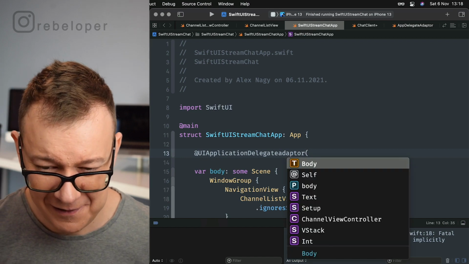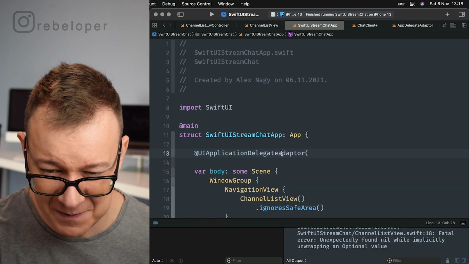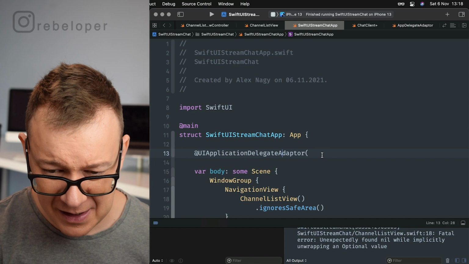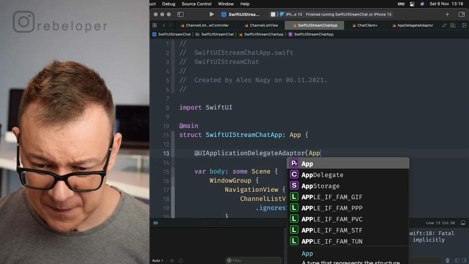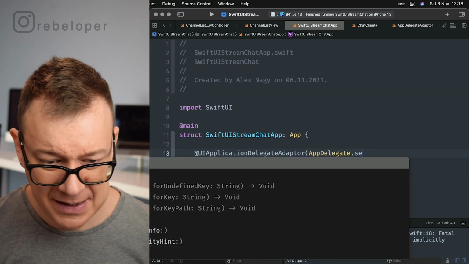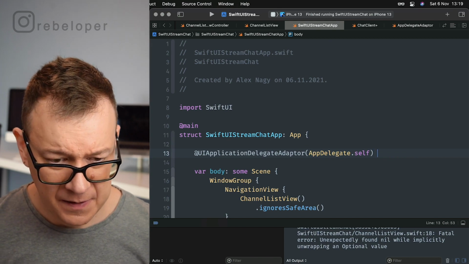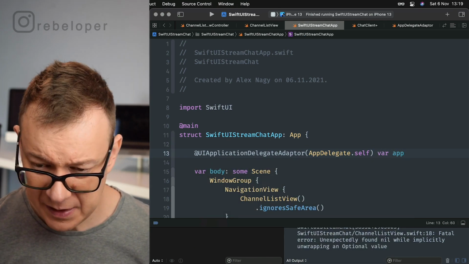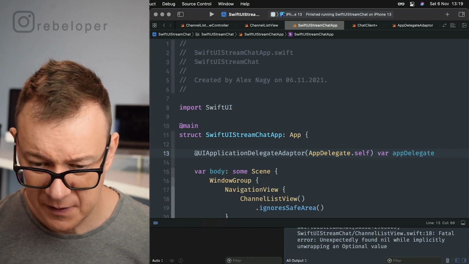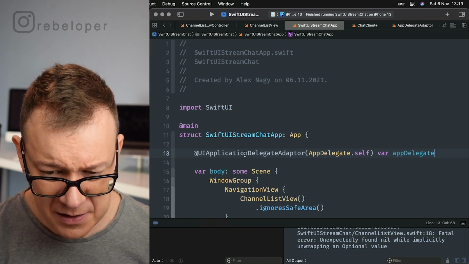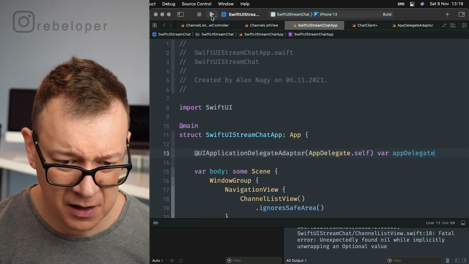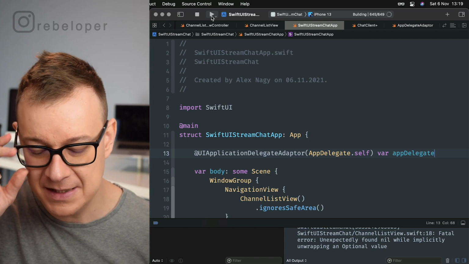Xcode is not really helping me here with auto-completion. I do need that right over here. AppDelegate.self, and then var appDelegate. Okay, UIApplicationDelegateAdaptor. Hopefully I spelled it out correctly, and now we can test this out.